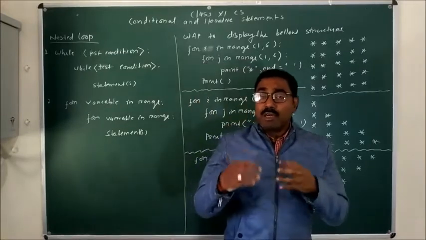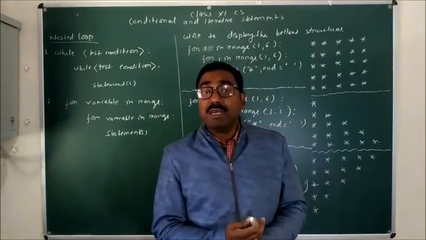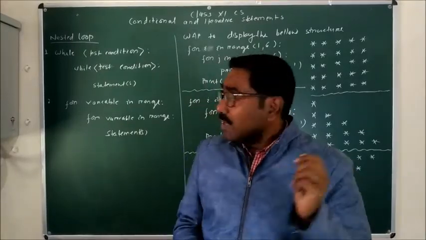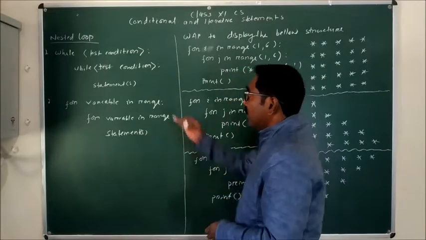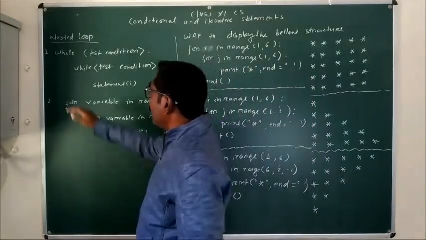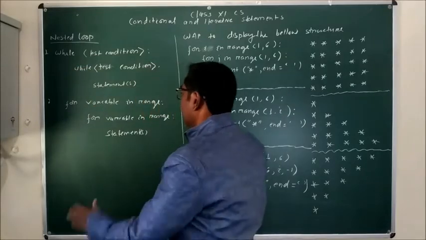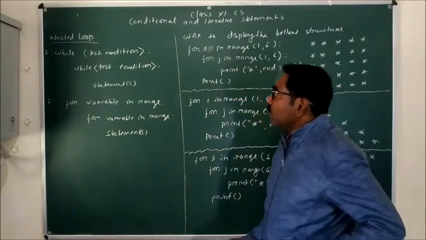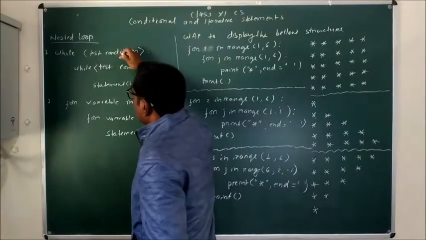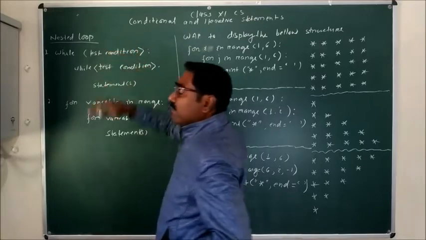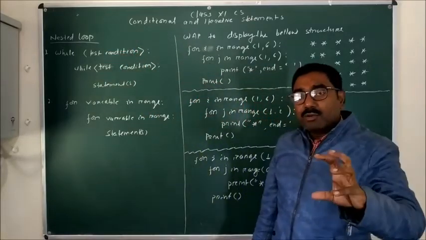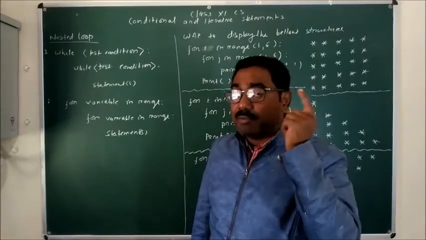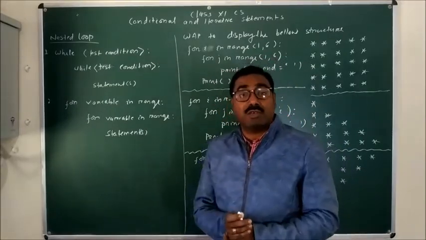The total number of executions of the statement becomes the product of the number of executions of both loops. For example, suppose here I have written two kinds of nested loop statement. One is using while loops, where both are while loops, and another where both are for loops. Now suppose in this while loop, whatever the condition is, it is satisfied 4 times, or according to the initialization statement or the iterative statement, the first loop will be executed 4 times.